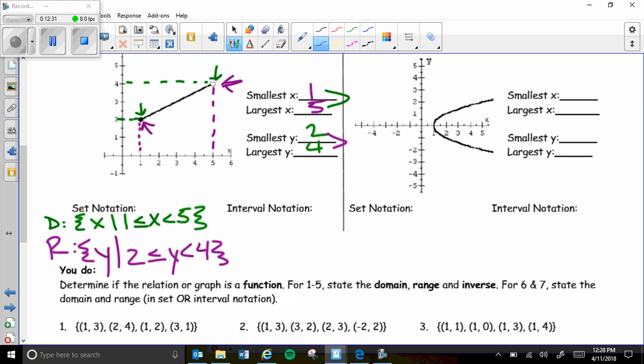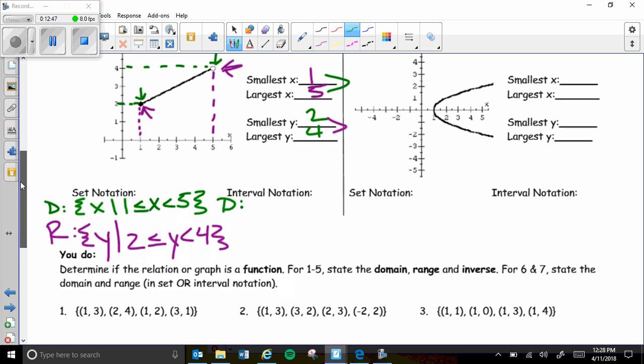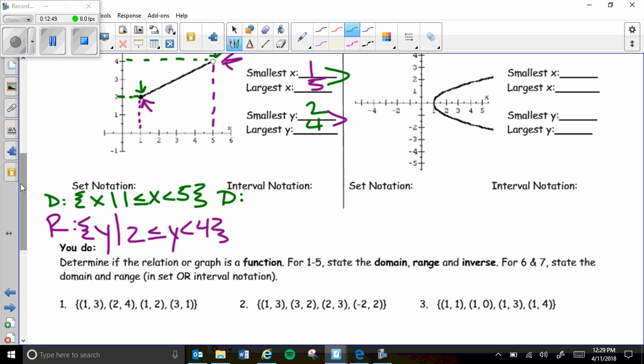So again, we have a two-part inequality there. Y can be greater than or equal to 2, but it has to be less than 4. All right, so that's set notation. Now in interval notation, which is probably the easier way to write these problems, we are talking about parentheses and brackets. So my first number is closed. I have a closed circle up here. So I have a bracket, and my smallest x is 1, my biggest x is 5, and because that 5